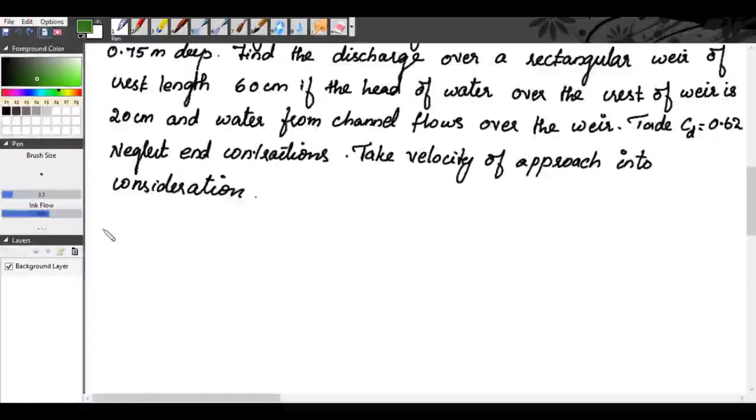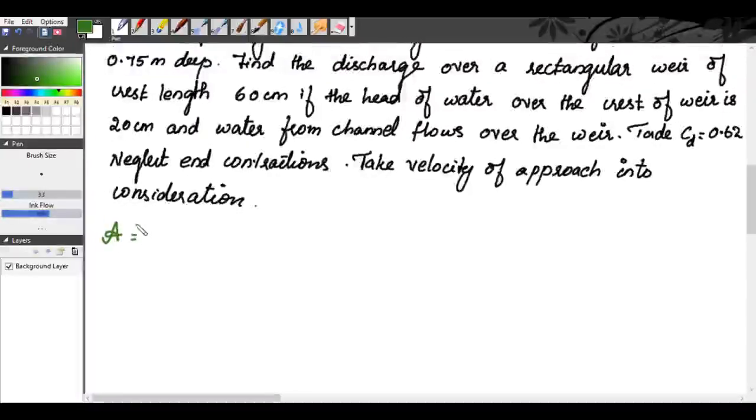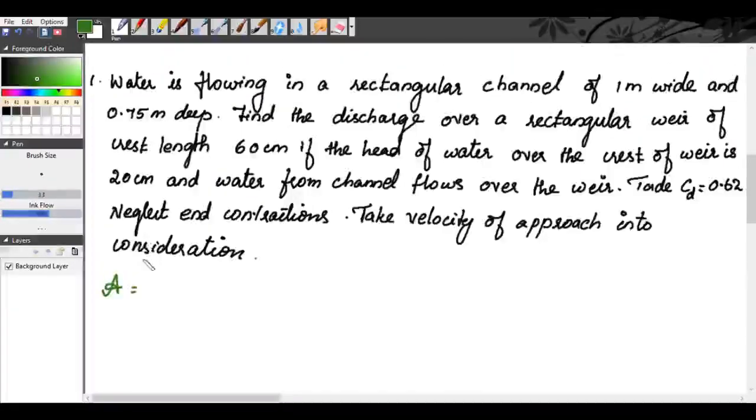So that means the area of the channel A is, breadth is 1 meter and the depth is 0.75 meter, from which we get the area of the rectangular channel equal to 1 into 0.75,